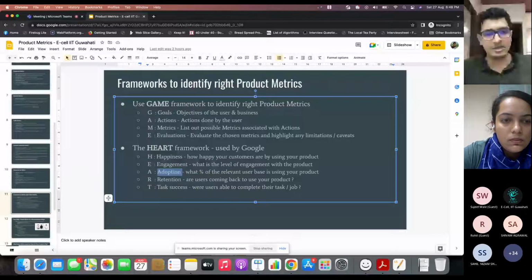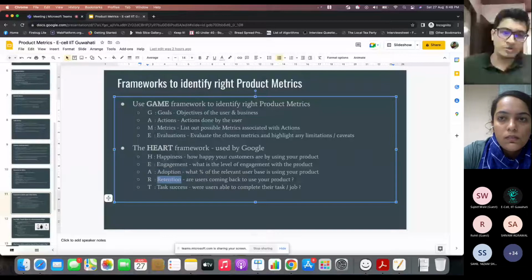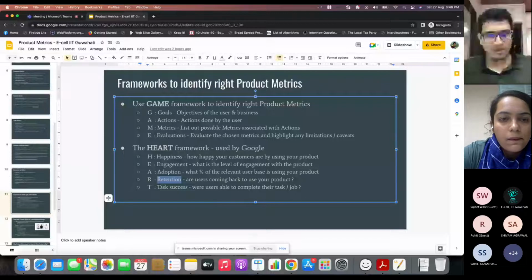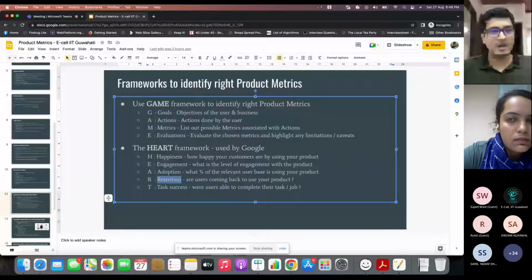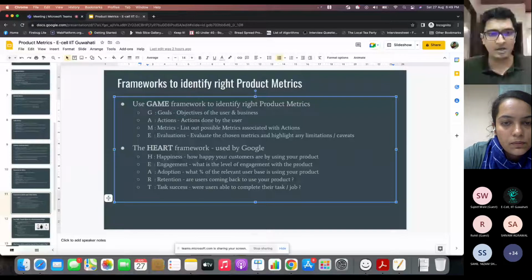Retention is what percentage of users who used filters and came back to a session with you are also using the filters product again. This is a very strong signal that your product is adding value to the customer. Because if they don't find your filters product useful, they will say, "I'm better off not applying filters." So retention also you need to track.